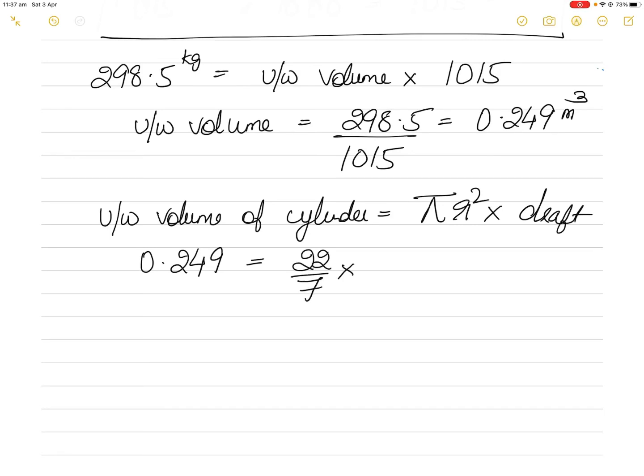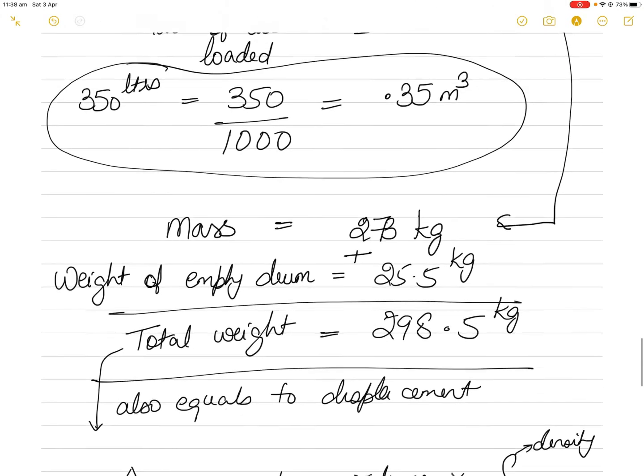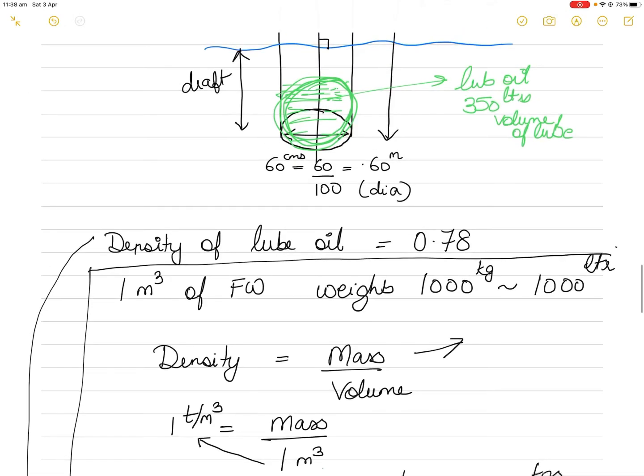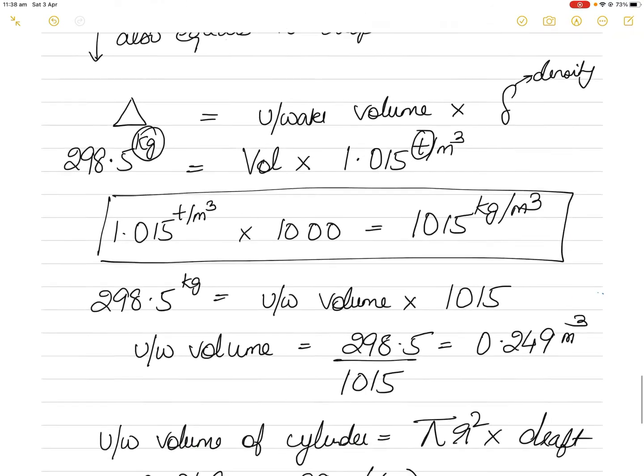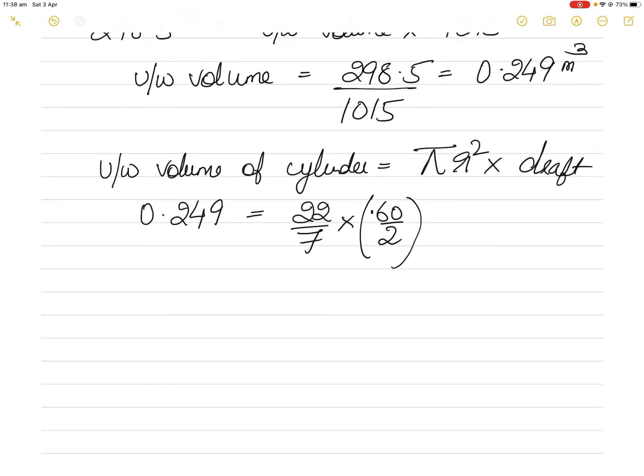R is the radius. Radius is what? Half of the diameter. So 0.6 by 2. So remember 0.6 was the diameter. Remember here in the cylinder we said 0.6 is the diameter. Radius will be half of the diameter. So (0.6 by 2) square multiplied by draft is what we have to find out. Right. So in this case draft will be equal to